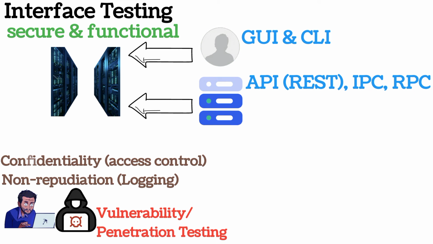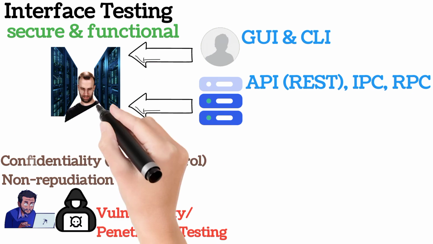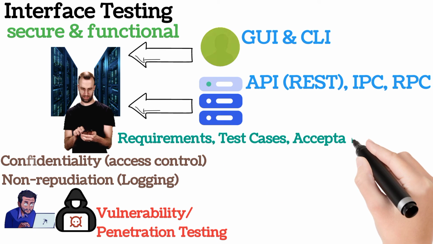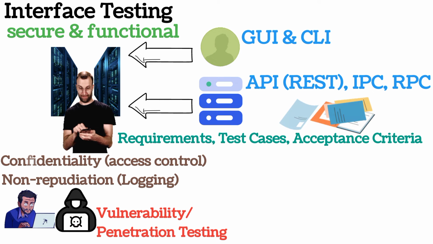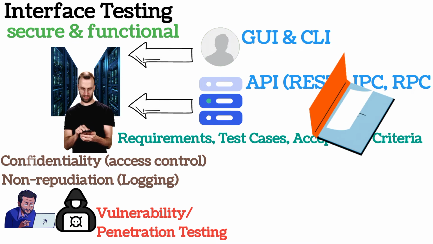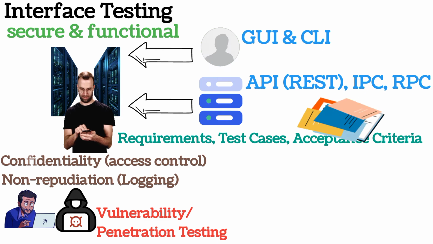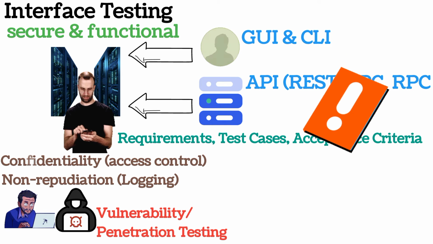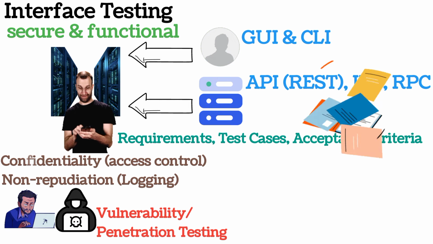Moreover, we also have to validate the input provided to a system. So this input validation should cater for typical usage and also the abnormal usage of a system. So all these requirements, test cases and acceptance criteria should be well documented to ensure the testing of a system, so that we can be sure of the data protection which is hosted by this system.